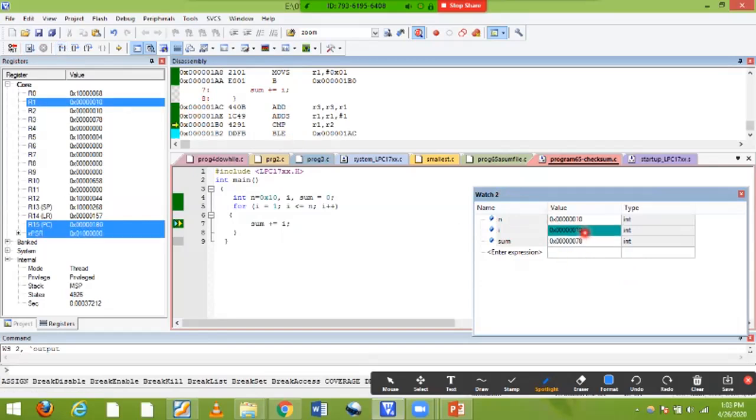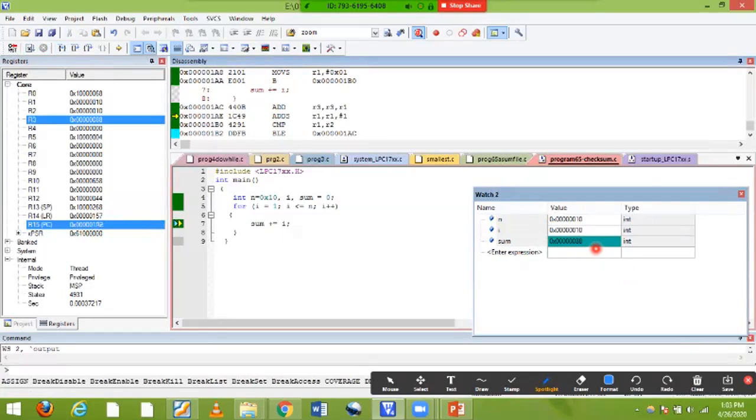So for 10, what is the next value we'll get here? For 10, we'll get 88. If you add 1 to 15, that means 16, so you'll get the value 88 in hexadecimal. If you want, you can convert it to decimal and take it out. In this way, you'll get the values. Okay, this is a way of using your for loop, while loop, and do while loops.